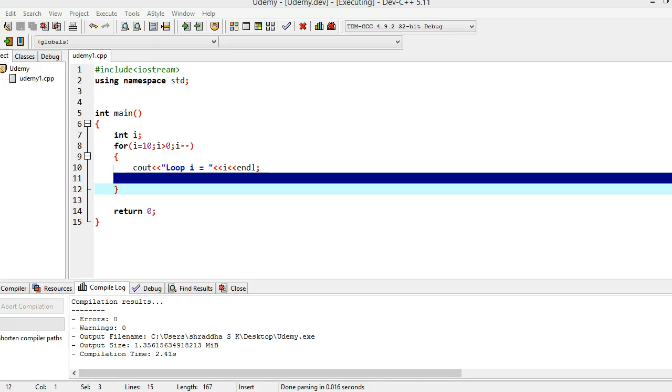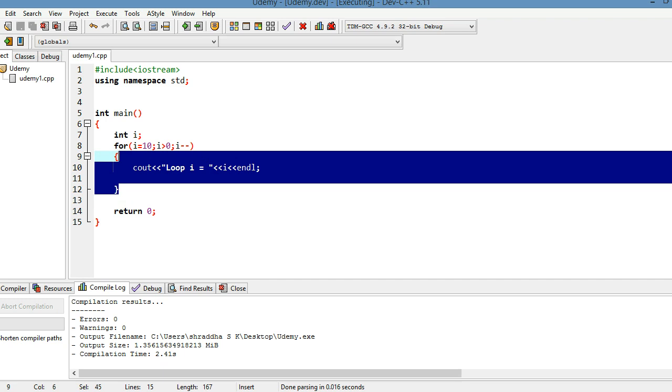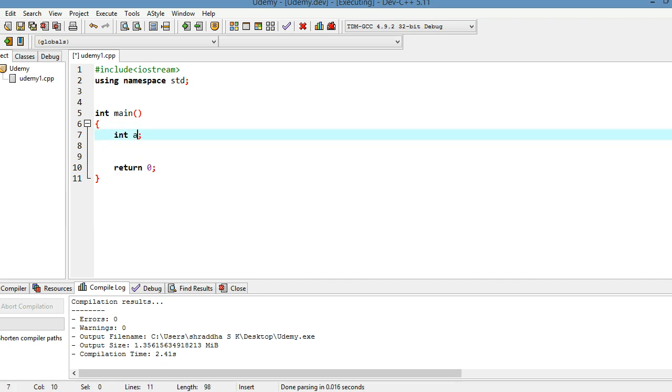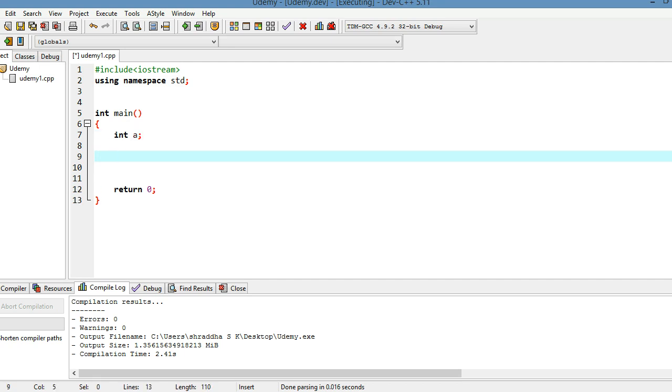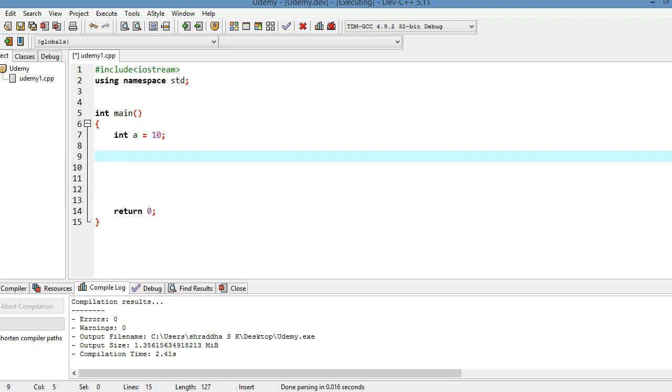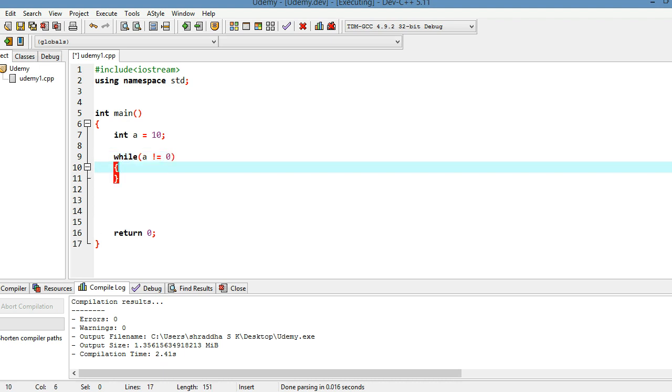Now let's consider one example for while loop. Let's create one variable a of integer data type, and I'll make the value of the variable as 10, and now I have my while loop. While a not equal to 0, run this loop.